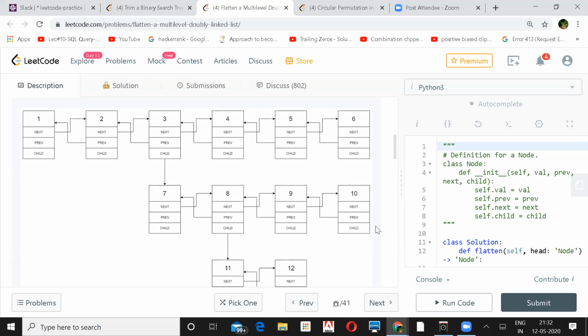So what will happen is you still need parent's next, because once you move on from 7 and reach 10, you need to link back 10 to 4. So you need to carry forward that parent for the whole 7, 8, 9, 10 to be able to do that. Correct.